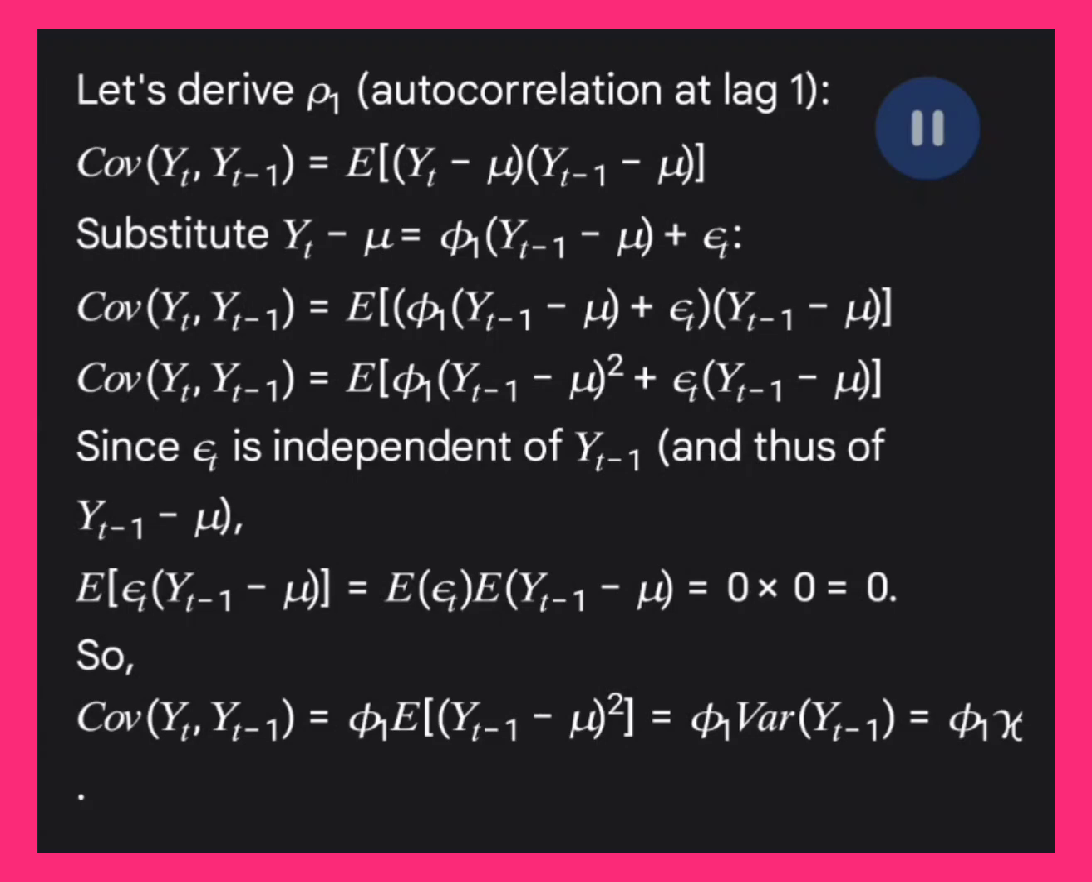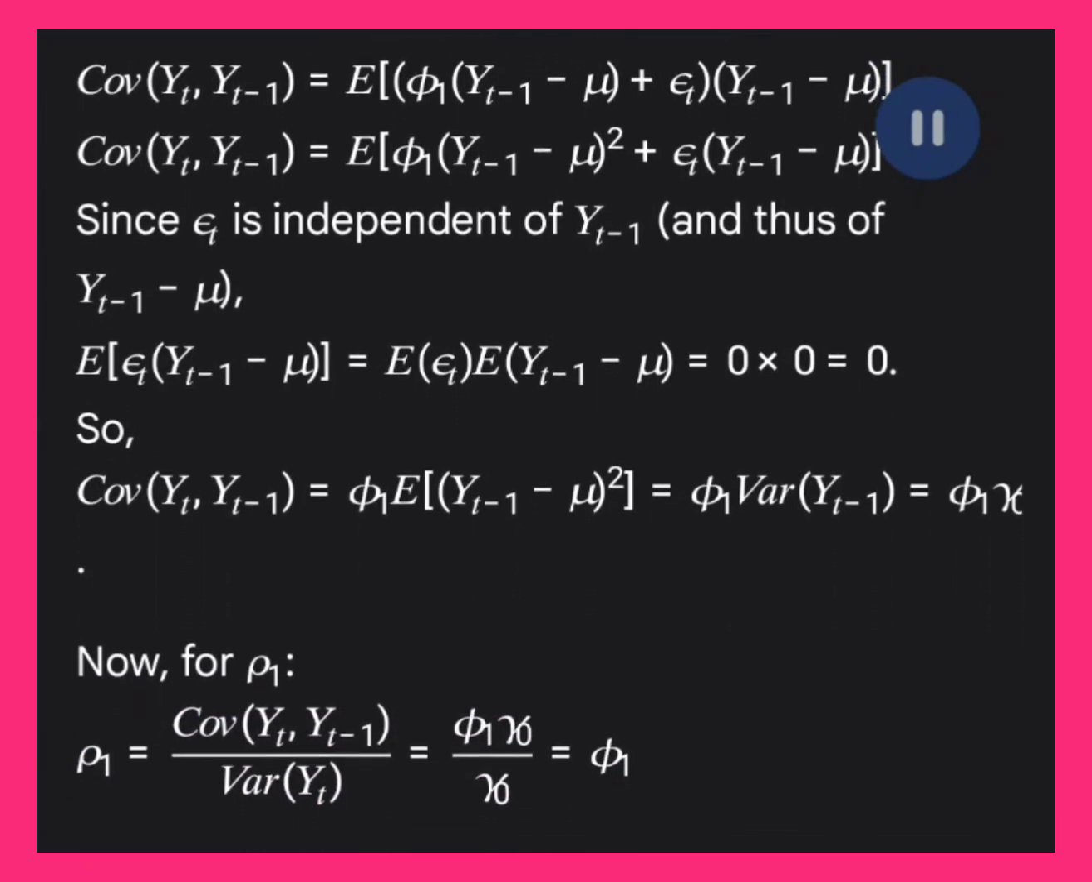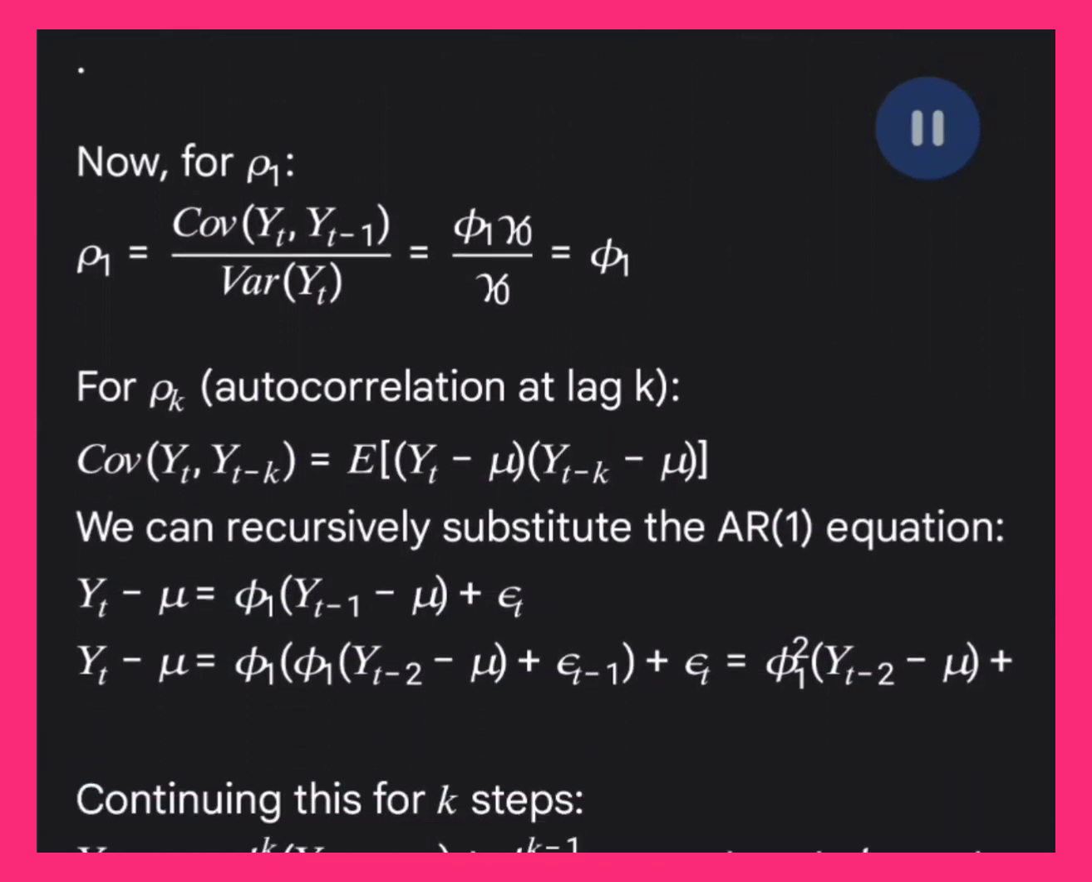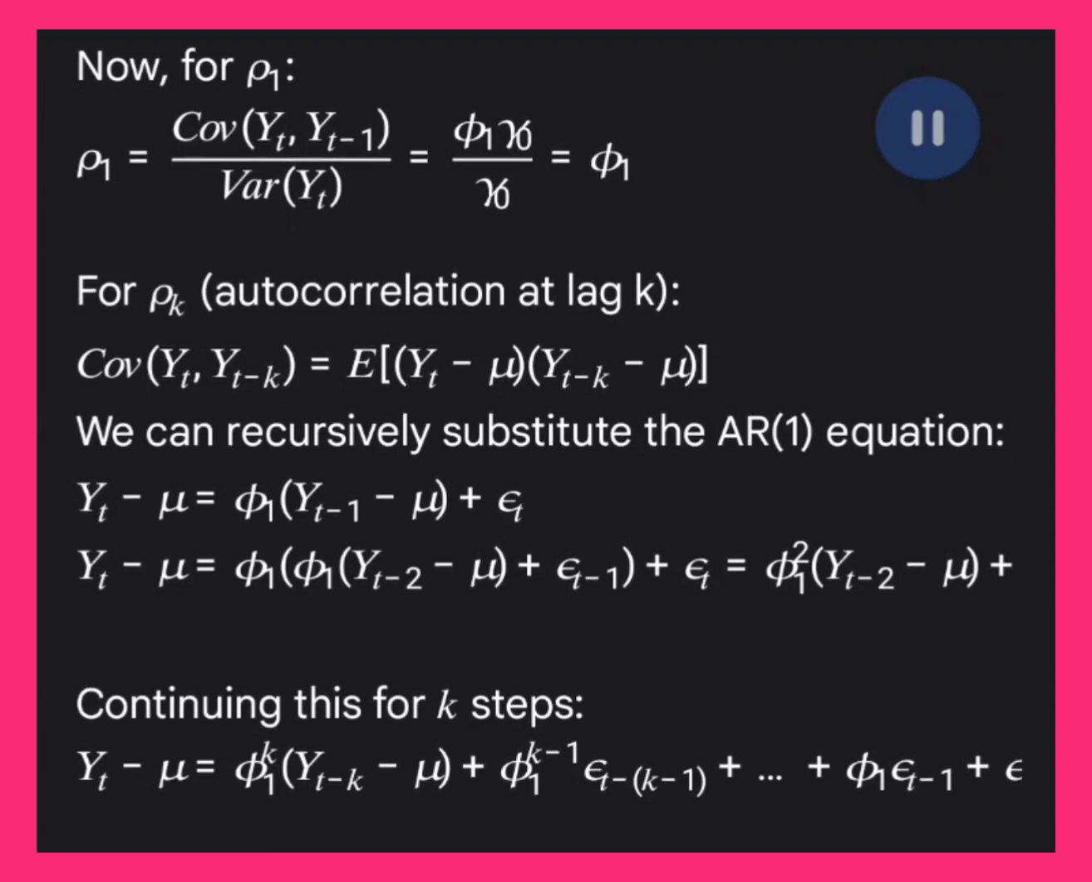Substitute y_t − μ = φ_1(y_{t-1} − μ) + ε_t, so Cov(y_t, y_{t-1}) = E[(φ_1(y_{t-1} − μ) + ε_t)(y_{t-1} − μ)]. Since ε_t is independent of y_{t-1}, and thus of y_{t-1} − μ, E[ε_t(y_{t-1} − μ)] = 0, so this equals φ_1 E[(y_{t-1} − μ)²] = φ_1 Var(y_{t-1}) = φ_1 γ_0. Now ρ_1 = Cov(y_t, y_{t-1}) / Var(y_t) = φ_1 γ_0 / γ_0